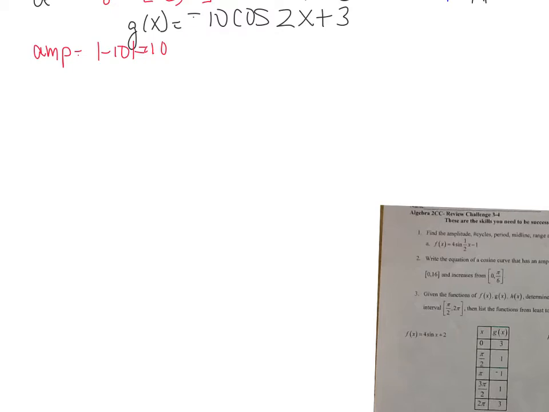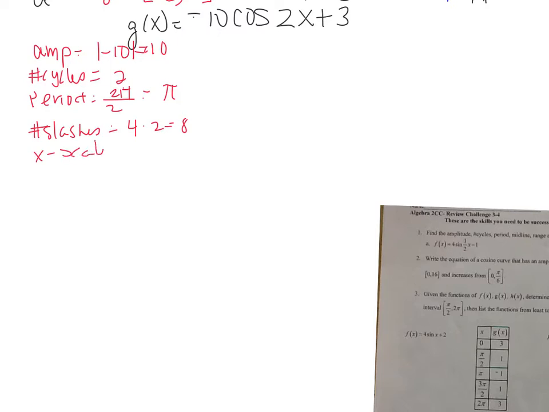The number of cycles is 2, which means 2 cycles in 2 pi. Period: 2 pi over 2, which is pi. That's 1 complete curve. The number of slashes is 4 times 2, which is 8. We need our x scale, which is 2 pi over 8, which is pi over 4, the midline,